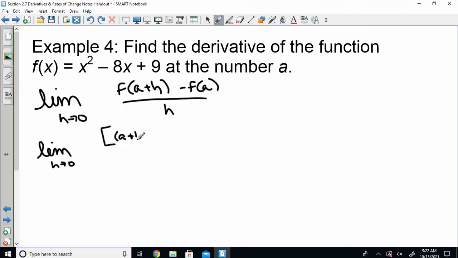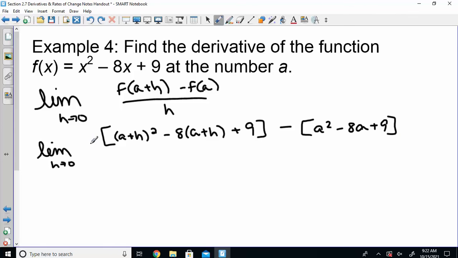So f of a plus h, if I go to my function and I plug in a plus h, (a plus h) squared minus 8 times (a plus h) plus 9, minus f of a, if I plug in my a's,